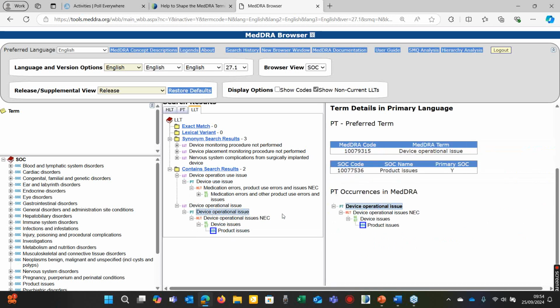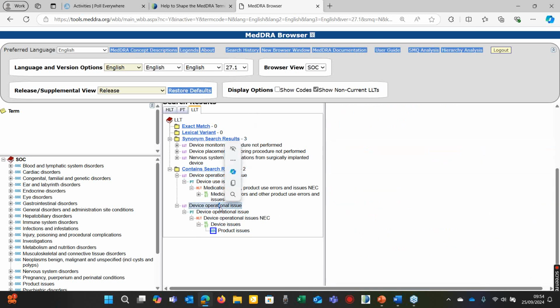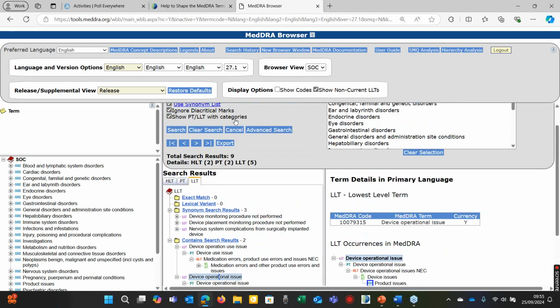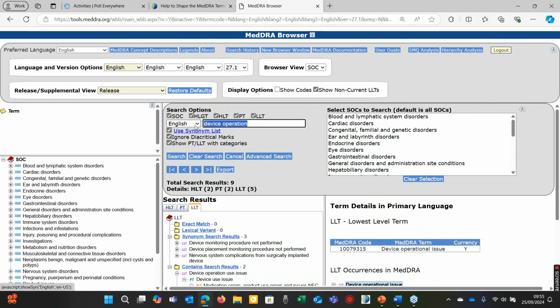So again, we can see the difference here. One of them means that there's a problem with the device, some kind of fault or malfunction, a quality issue, and the other one is a use issue, the word use here. So can we be specific in these, or do we need to select the one that you also was the unevaluable